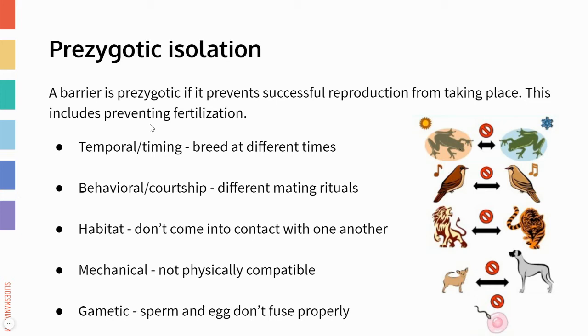So one thing is that you could have a temporal difference in the time where these two organisms or populations are looking to mate. So you could think of one population being ready to breed at different times in the day, so one wants to mate in the daytime and one wants to mate at nighttime, or different seasons. So maybe one is just ready to breed in the spring and the other one's ready to breed in the summer. And you can see this with even like right now, there are a lot of trees and shrubs that are starting to flower.